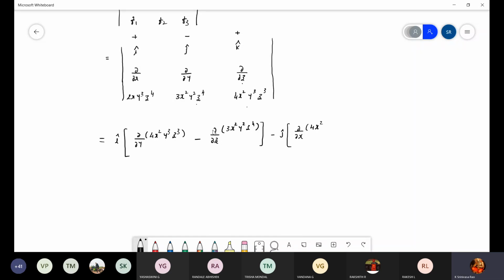So these are the terms. Okay, 4x square y cube z cube minus dou by dou z of 2xy cube z power 4, and the last one plus k cap into